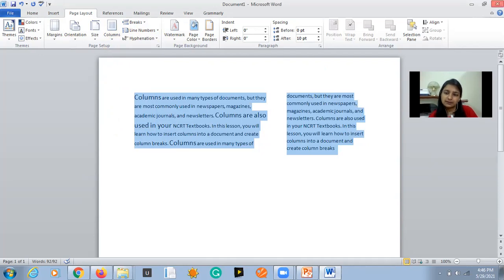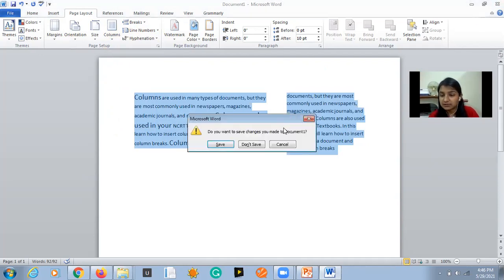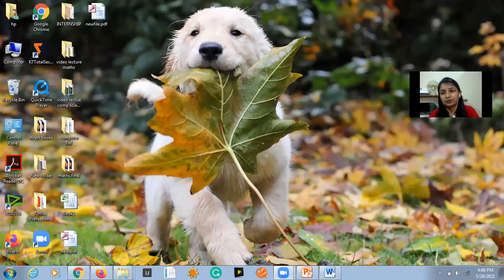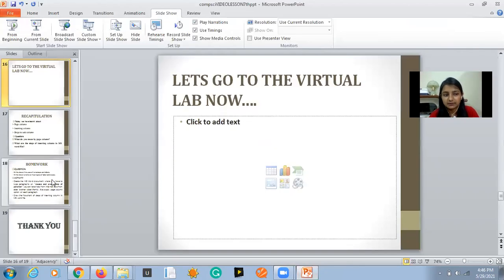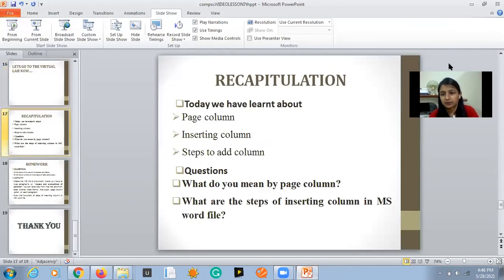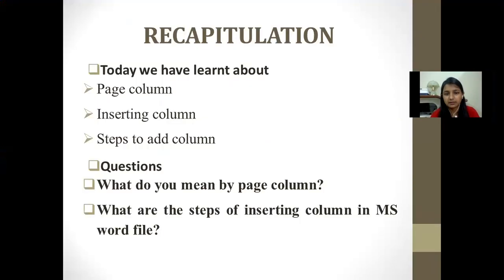Now let us conclude. While closing it, I don't want to save this, but if you want to save this, you have to go to save, and the rest of the procedure you know, that going to save, then the file would appear in front of you, isn't it? So the saving option, now you are aware about this. Okay, so don't worry about that, you can do it easily.